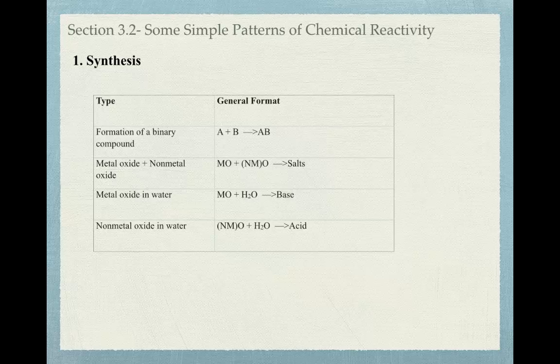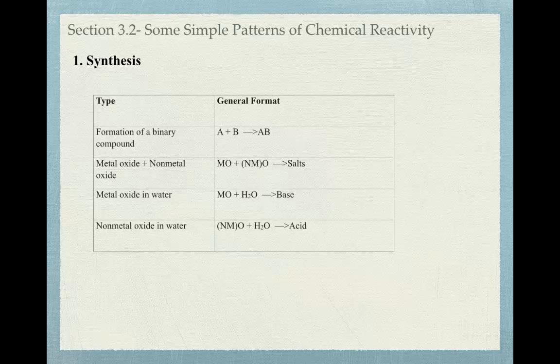So the first type of synthesis reaction is when you form just a binary compound, and this is what we consider to be the traditional synthesis reaction, in which you have 2 different substances, A and B, and they come together to form one compound, AB. Alright? For the next one, you have a metal oxide and a non-metal oxide, and when those 2 come together, they form a salt. For the next one, when you have a metal oxide reacting with water, it's going to